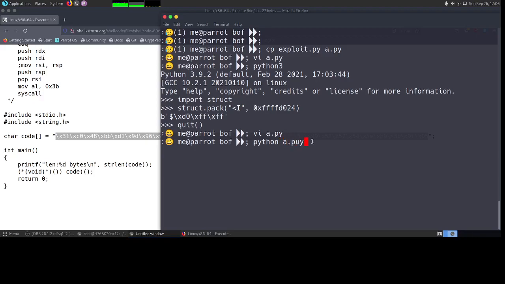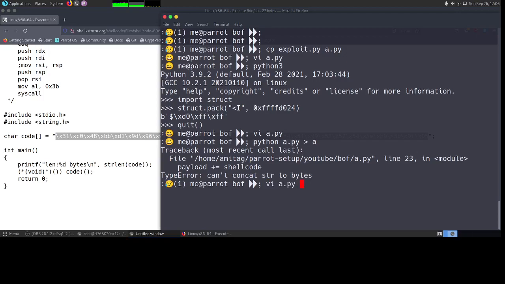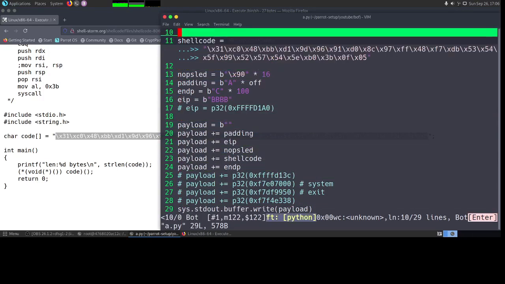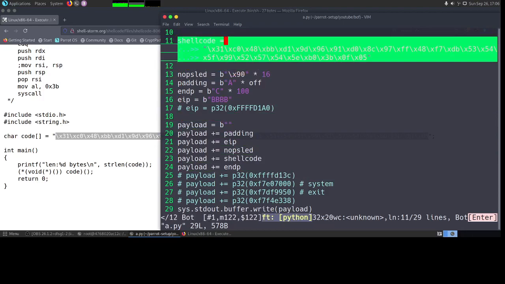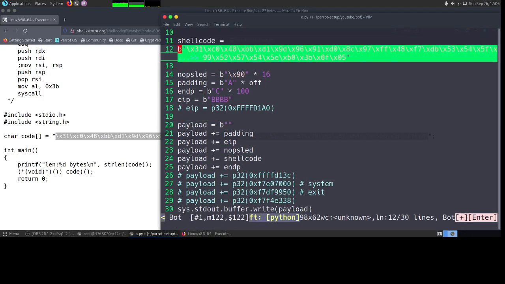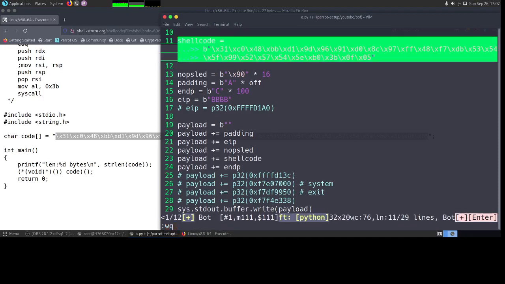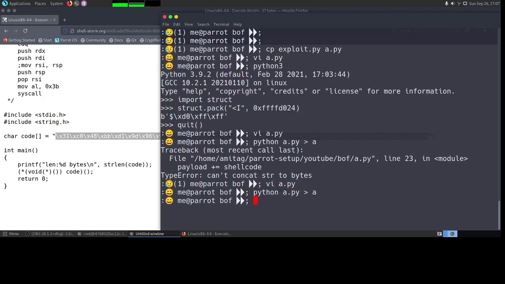Now let's run this. python a.py, write it to A. We again need to mention that this is a byte array, so we will say B here. Then we can do a hex dump of this.